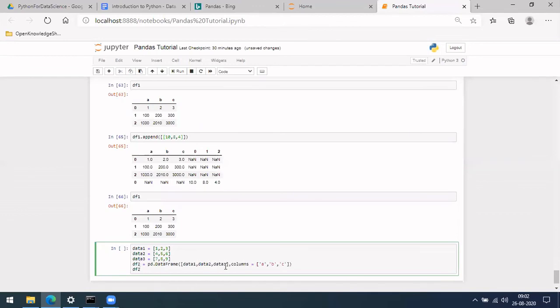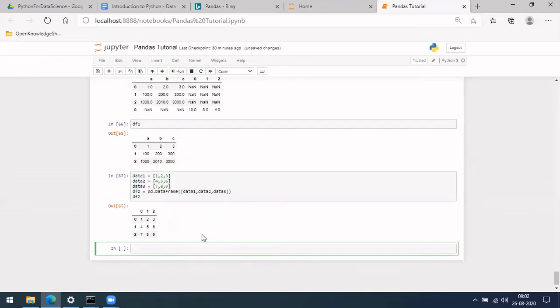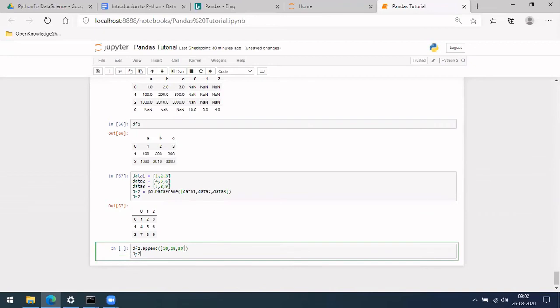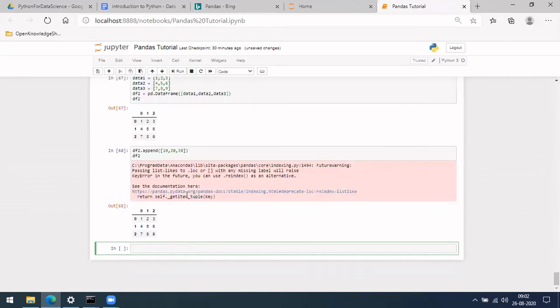I'm not adding columns. This is the first way. Okay. And now if you try to add using this one, 10, 20, 30, see what comes. Again, let me show you the issue.